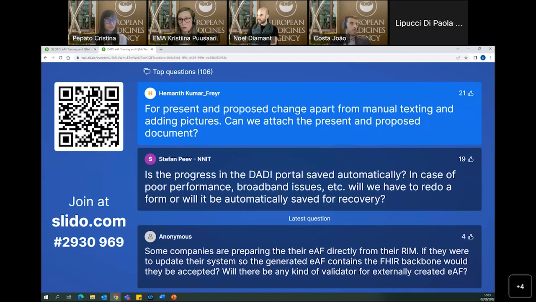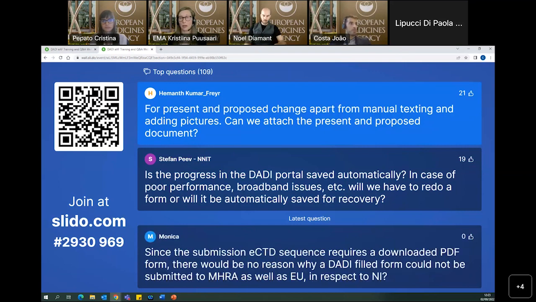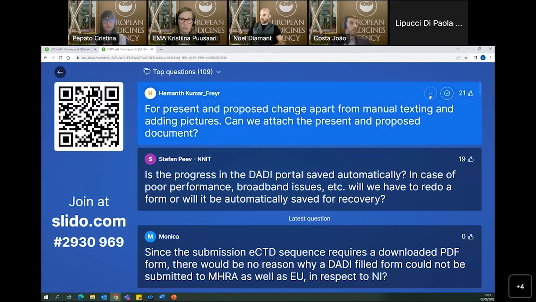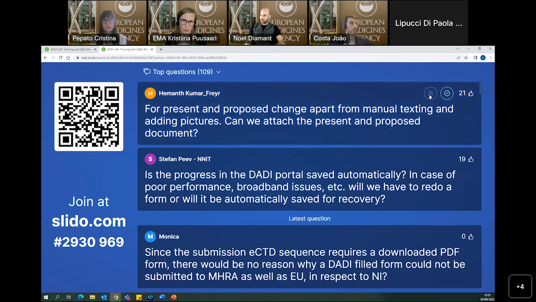So yes, it's possible. We don't encourage that, of course, but I fully understand, and I know there are certainly scenarios where it's not feasible to include all the changes because the change may be in a document that is so extensive that it would not make any sense. But do not attach it into the form using the paperclip, but just add it as a separate document like you would do it today.